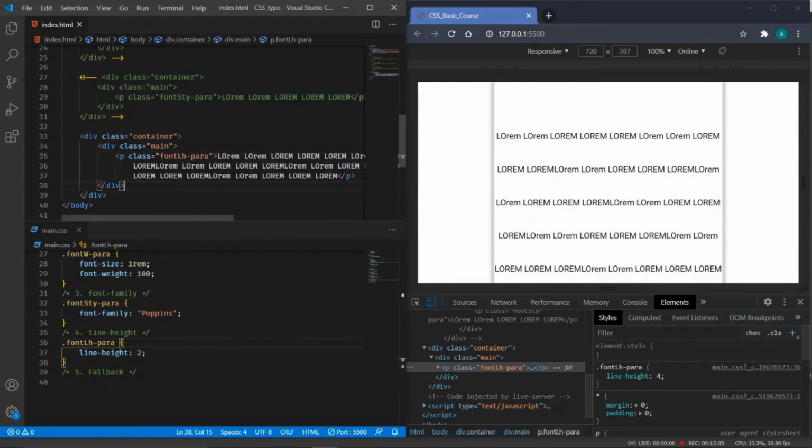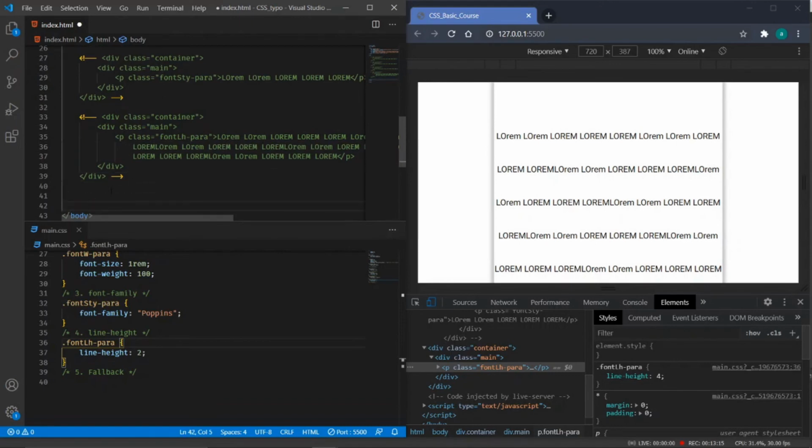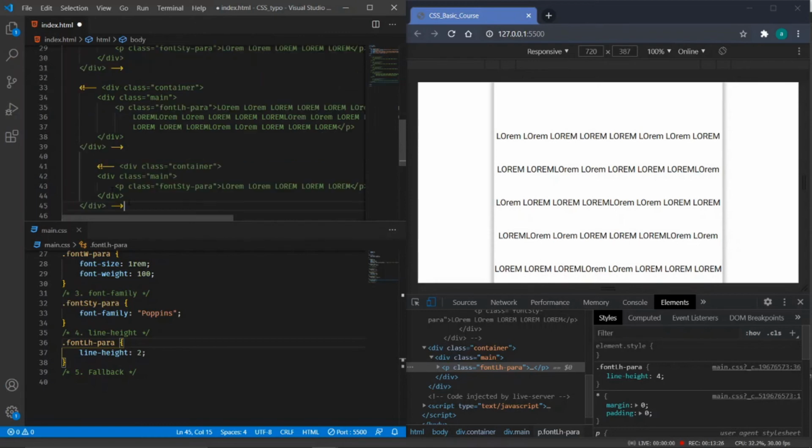So moving forward with the next topic, that is the fallbacks. As I've discussed in the presentation of the CSS typography, we should be using font fallbacks and font face. Okay, so we'll have a look over that. For that I have copied that particular container. Okay, so this is fine.